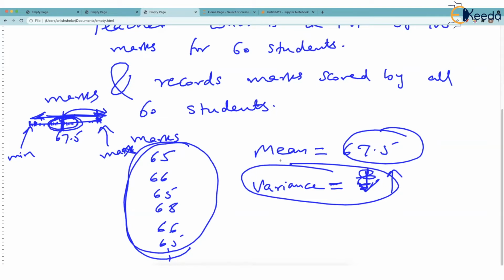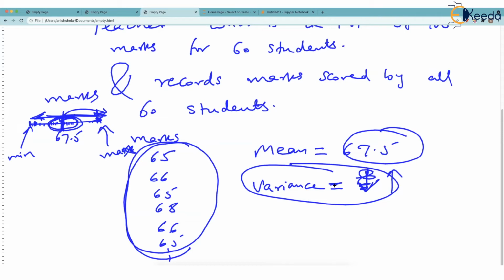Interesting, isn't it? So you will often hear people saying, my class has performed on an average as 67.5, and the variance is very high. If the variance is very high, you can know that there are some really very poor academic students, and there are very brilliant students in the class, because the spread is large. But if the variance is very low, all are quite average. Or maybe they were sitting one behind the other and they have helped each other. That's why they have scored exactly the same marks. Spread is very low.